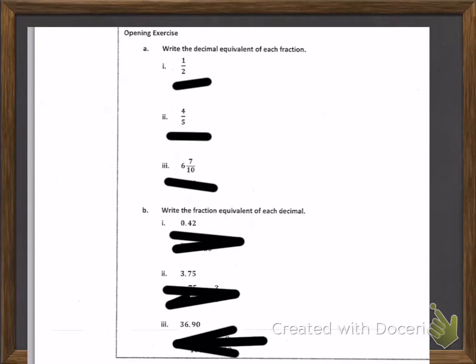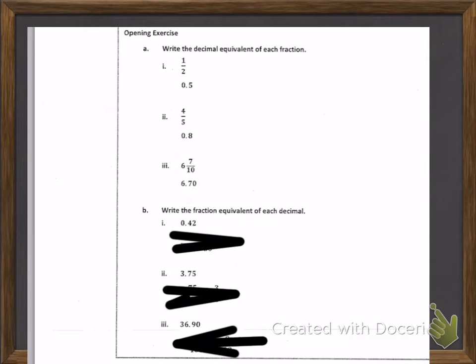Okay, so if you are still listening, that means you tried it out on your own or with a partner. The way you write a decimal equivalent to a half, the answer down here is 0.5 as a decimal. For fifths, that would be 0.8, and 6/7 will be